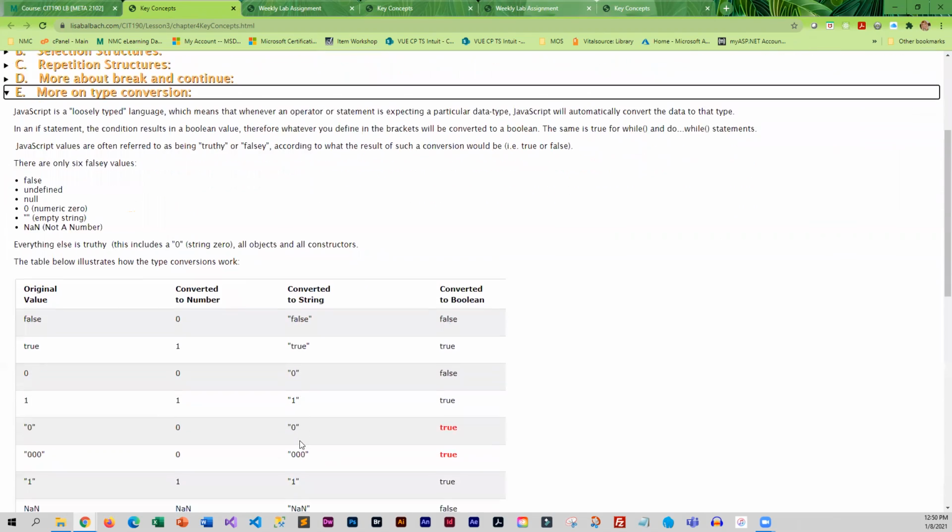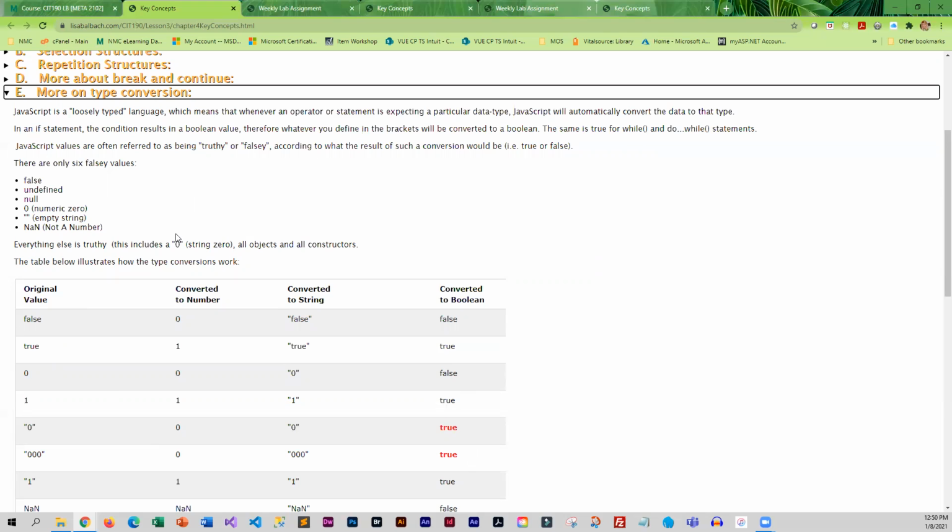So when this occurs, what happens is you have a variable that is a particular data type, and in an equation, you have a different data type. How does JavaScript handle that? So that involves type conversion. And as we know, JavaScript is a loosely typed language. So a variable can be a string, but later on you can put a number in that same variable and